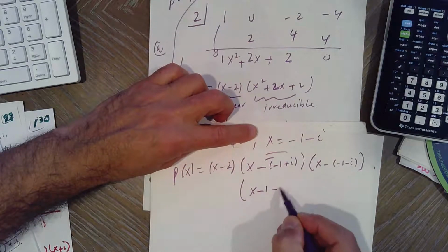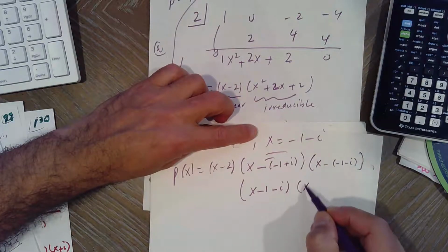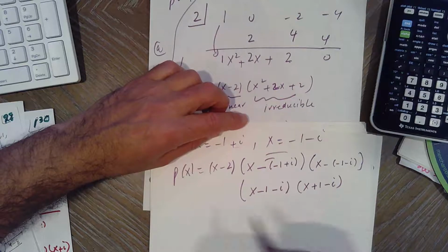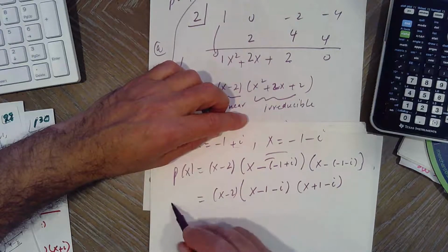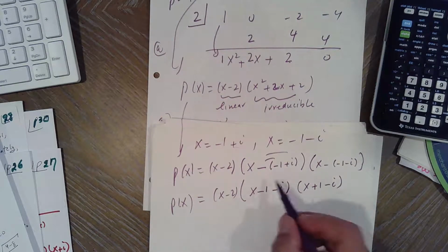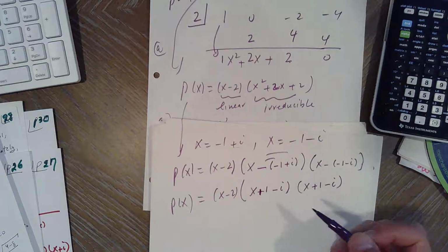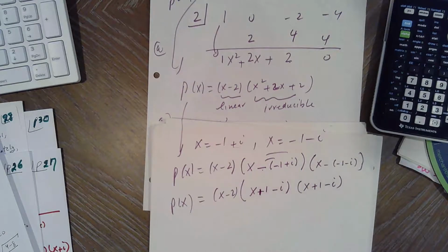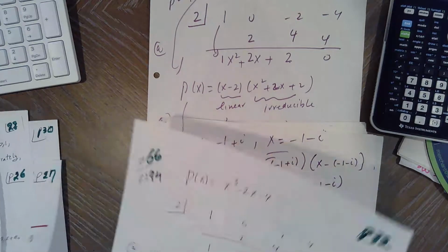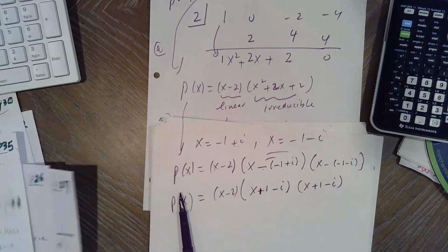So it's x plus 1 minus i, and then x plus 1 plus i, because negative times negative is positive. And that's what they wanted us to do. And that's it for 0.5 until 3.6. Have a good